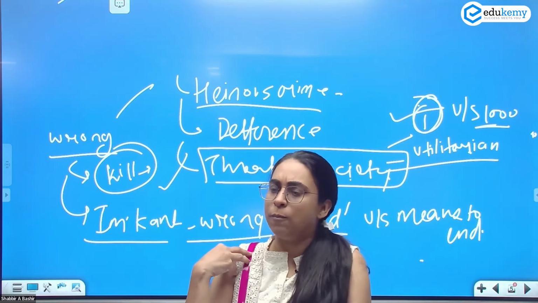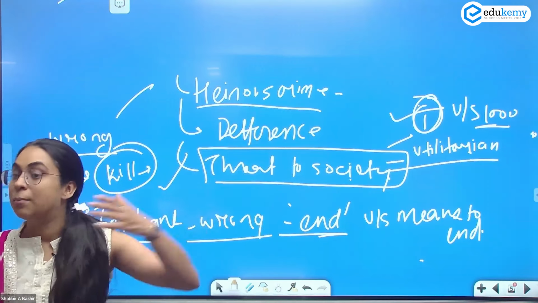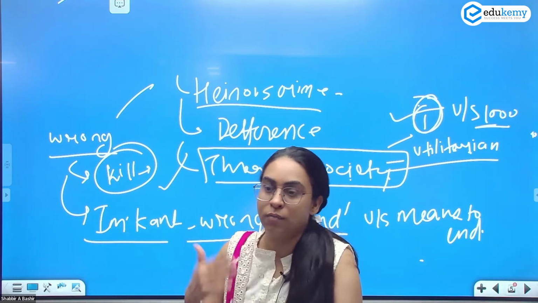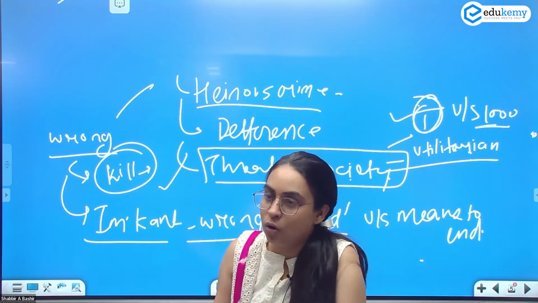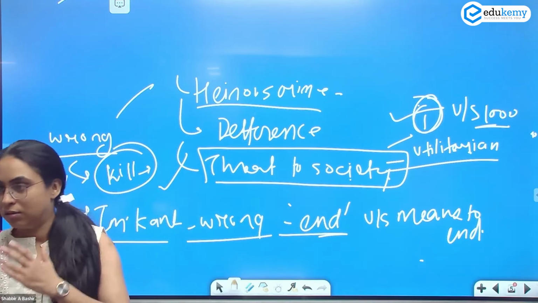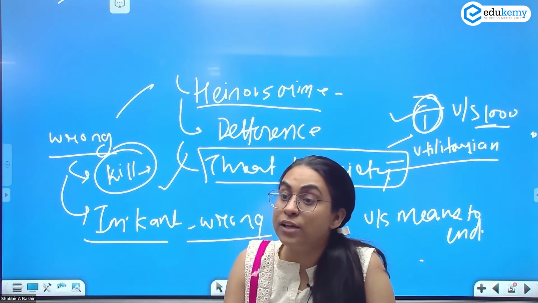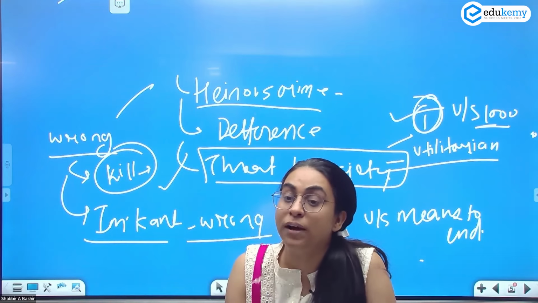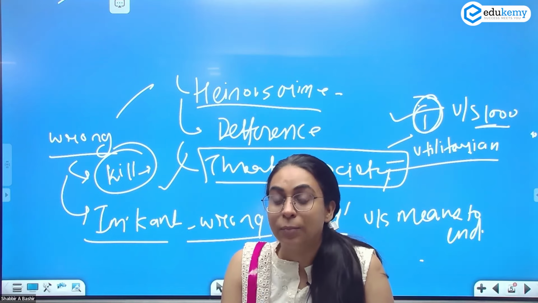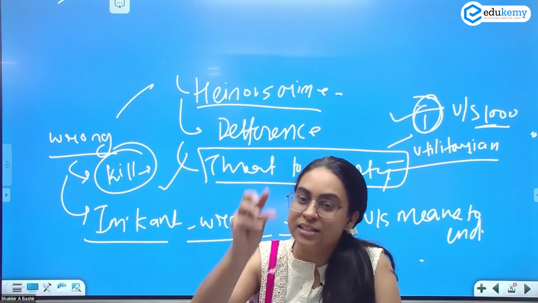According to religion, probably killing an animal for sacrifice is not wrong. But according to environmentalists, it will be wrong. Culling is wrong. But according to certain religions, it is not wrong. According to Gandhi ji, it is wrong. Why? You should not harm any animal. Gandhi ji's quote is, we will judge the progress of a nation or a civilization by the way it treats its animals. How you treat an animal tells how civilized you are. How are you treating a harmless being? That tells how civilized you are.